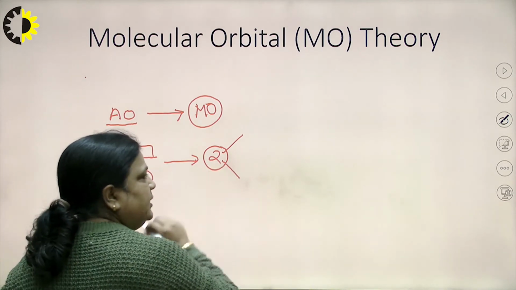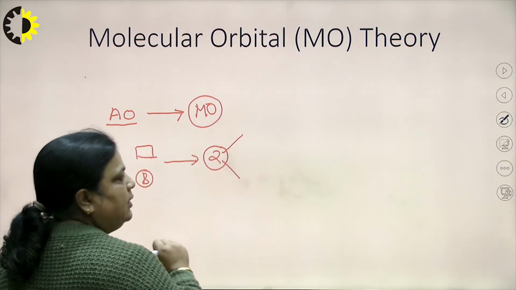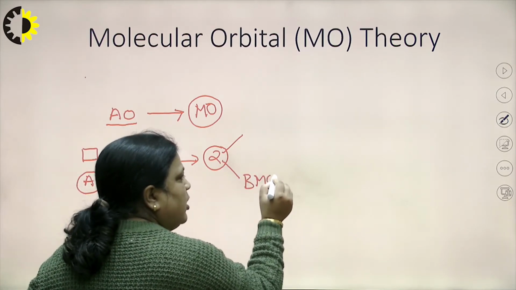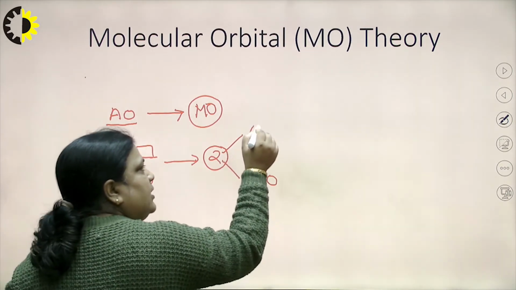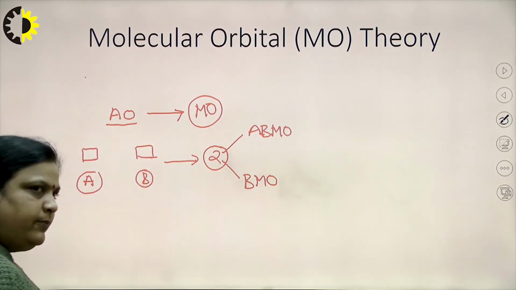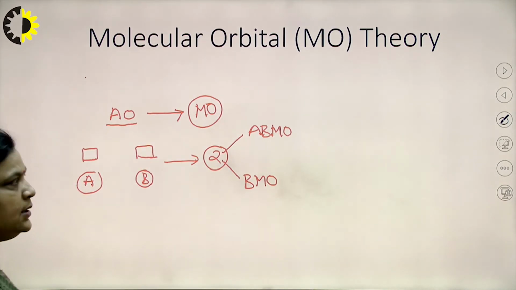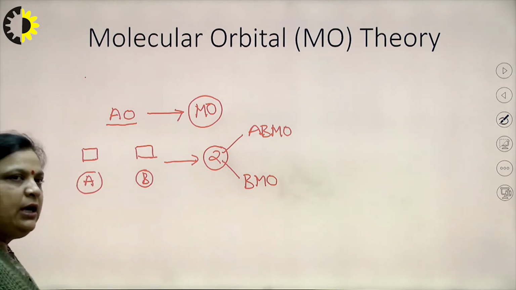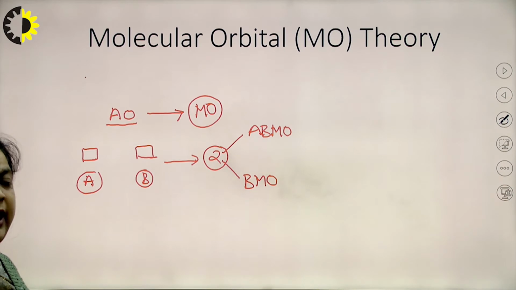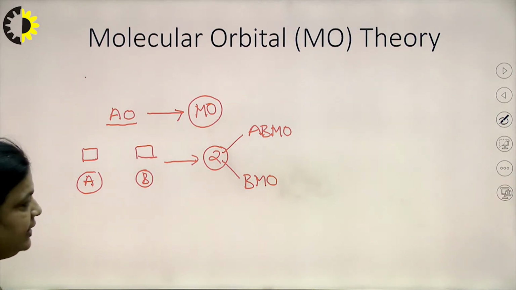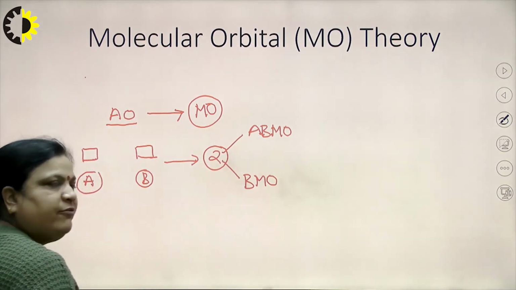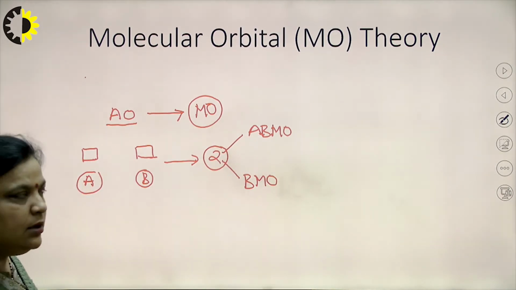That is, in these two molecular orbitals, the one which has lower energy will be termed a bonding molecular orbital, and the second will be termed an anti-bonding molecular orbital. So, the simple statement is that the atomic orbitals of atoms get combined and form new molecular orbitals having different energy, in which half are known as bonding molecular orbitals and the other half are known as anti-bonding molecular orbitals.